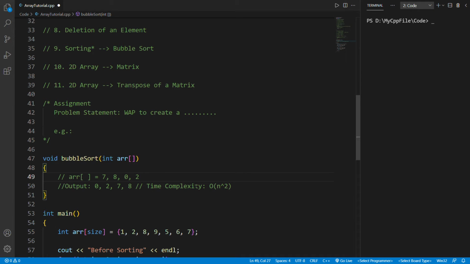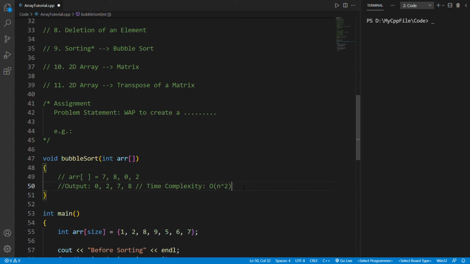As I have said, the two loops will be working in such a fashion that one loop will be targeting this particular element, and another loop will be targeting this element, and then we will be comparing both elements and simply swapping them if the left side element is greater than the rightmost element. For a basic understanding, you can say that.